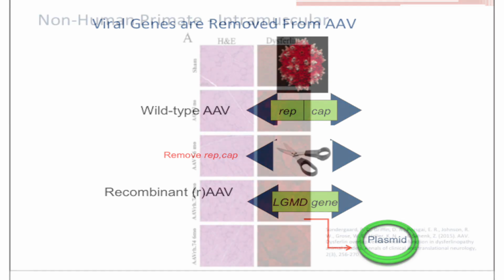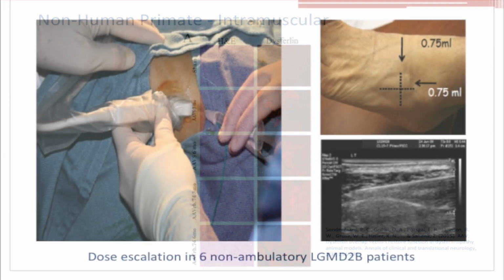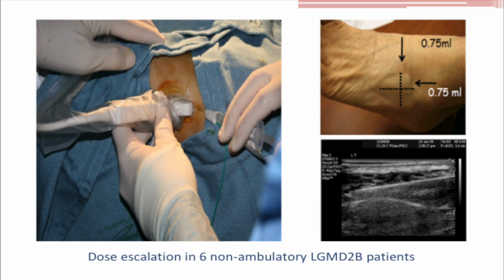So first, about 5 years ago in non-human primates, in the monkey, this is what it should look like. I don't know how well it's projecting up there, but you see small little red outlines of these muscle fibers. And then this is the high dose down here, and you can see that we have quite effective transmission of virus and then production of protein product in the muscle fibers. Initially, this was done by direct injection into muscle,